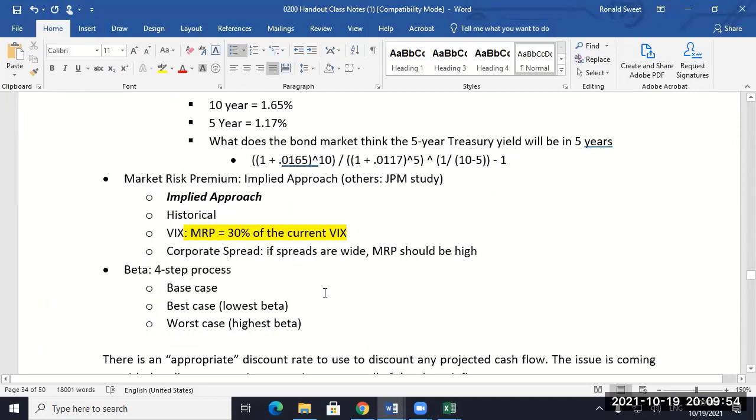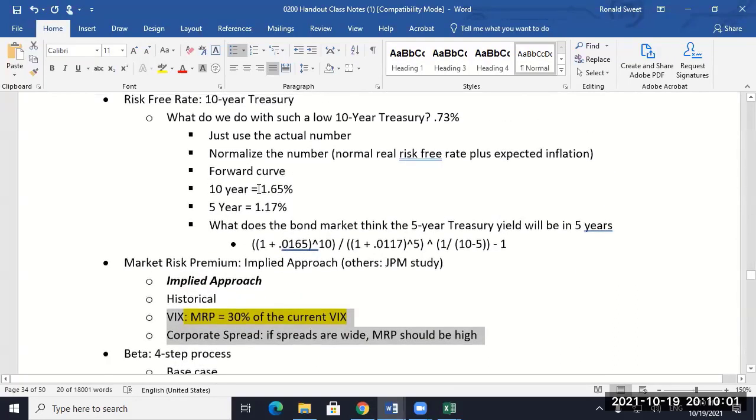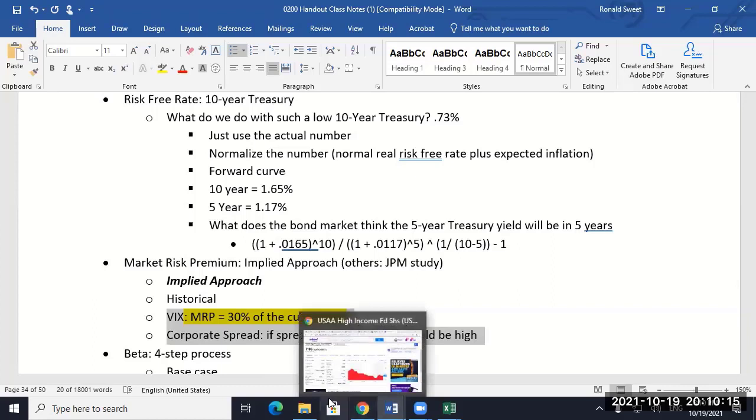So we've got a little bit of a problem. And these approaches are giving you really, really low numbers, and you also have a very low 2-year treasury. So you can see Damodaran's argument of why your growth rate should be really, really low, because everything else is really low unless you're just going to dump a whole lot of money into the stock market. So we've got a little bit of a challenge.